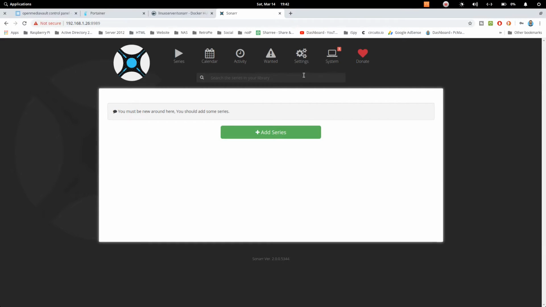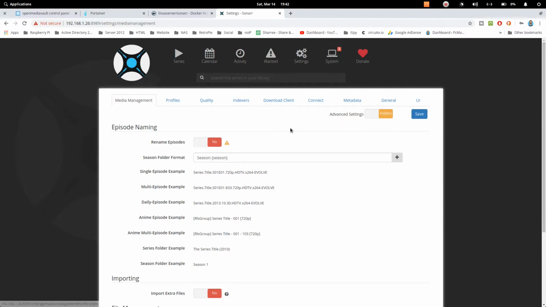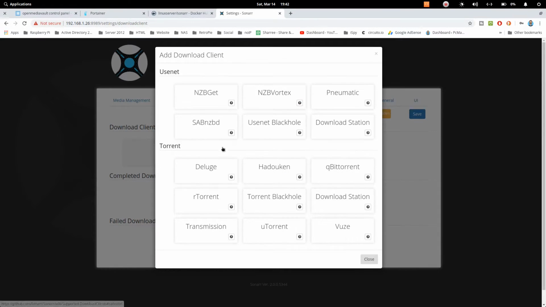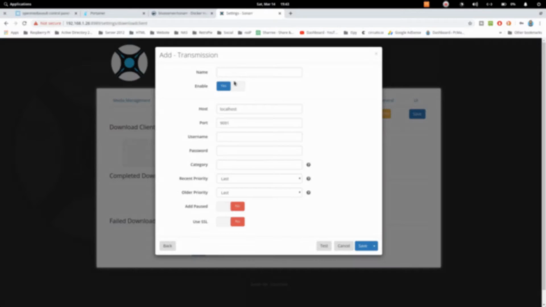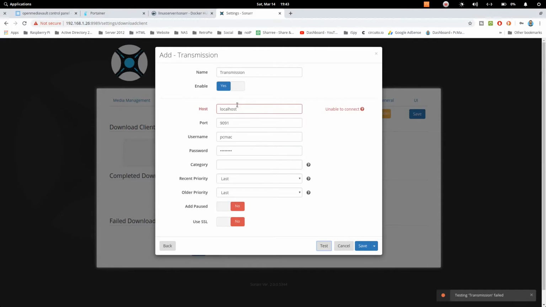Now we need to click on settings, and from here let's leave the settings as they are. We just need to add a download client. We have installed Transmission. Let's name it Transmission, and then the username and the password. We need to put the IP address of our OpenMediaVault and test the connection, and it says testing connection, Transmission succeeded. So save it,